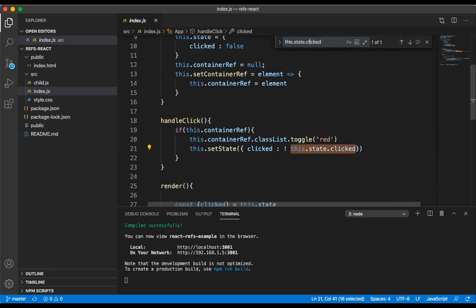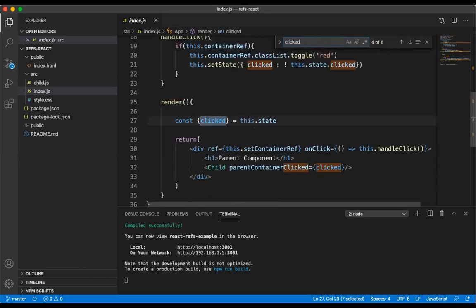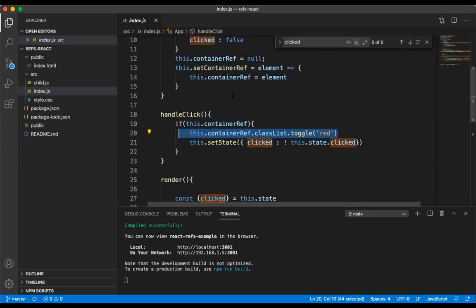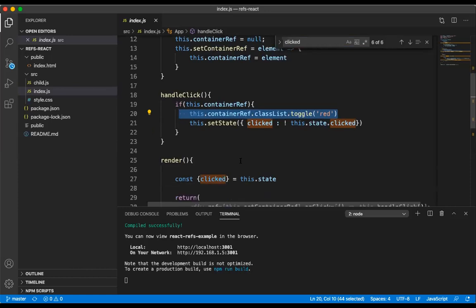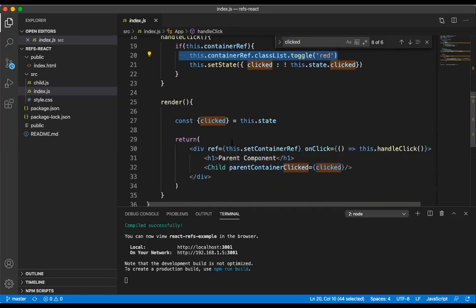Once this clicked is true, it will automatically update the state. Once this becomes true, the background color of this class list will become red. So it is like injecting one component into another component, and the subcomponent's style we are going to display in my parent component. So here, the very important point is this ref, whatever we are referring to here.